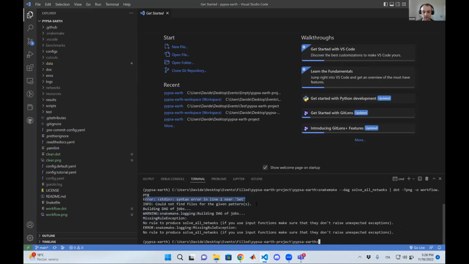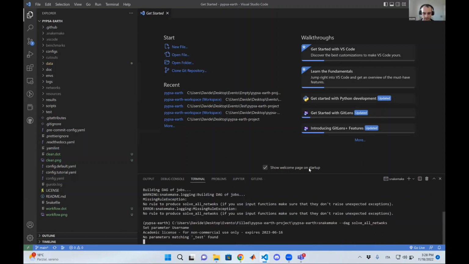Syntax error in line 1, near set. Why? Because, and now we can see, first of all, we can get the first command, snakemake debug, and the debug enables to create as an output a series of text that describes the sub-problems that are being executed to create the final output. In Windows now, if we run this element, we can see that the output